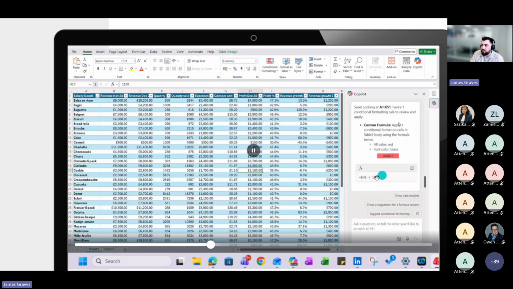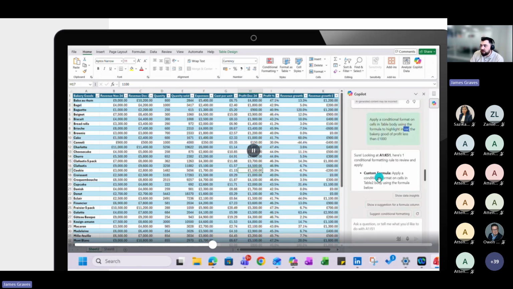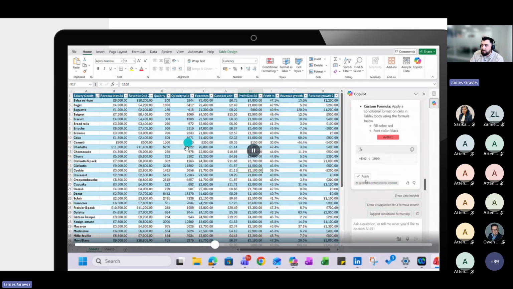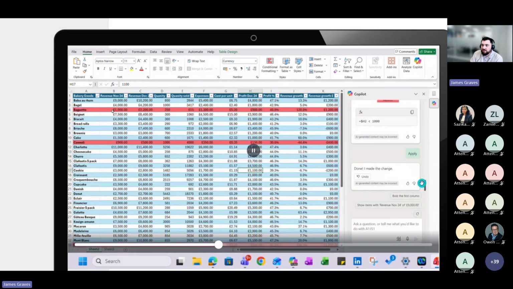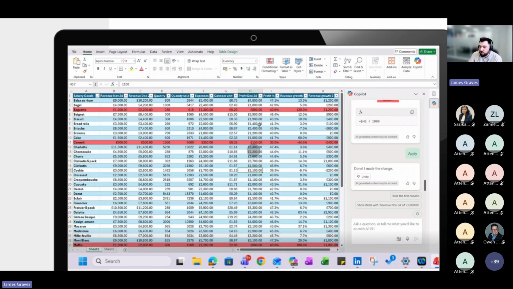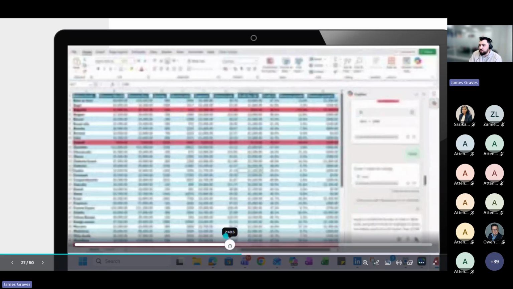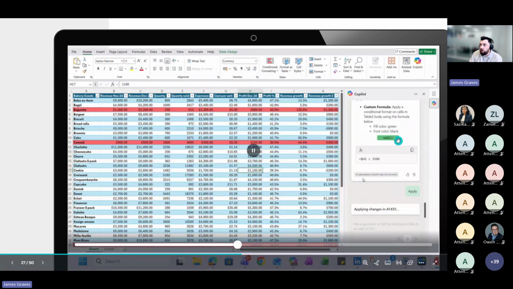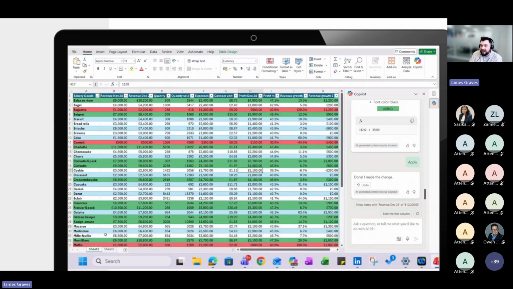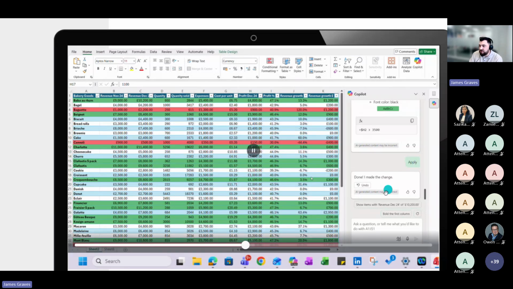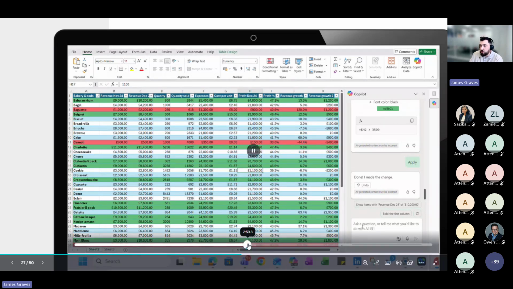We've requested it on the columns that are less than £1,000, and it's going to go away based on the profit column and provide that conditional formatting for us in red. And then we're going to continue with that and ask it to provide some conditional formatting if it's over a certain figure of 3,500 and provide those columns in green as well. So you can see it's starting to produce that information for us and provide that color context in terms of